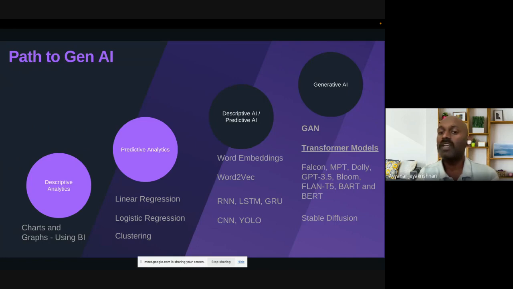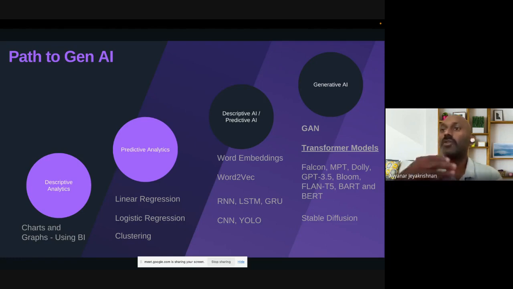Then comes predictive AI. A lot of models came, where two different streams came into the picture in AI: one is NLP and another is computer vision. It's all more descriptive or predictive. You train the data with labels. If you give 100 images of a cat and then show one of the images, it gives you the prediction. The same way with words, you can do sentiment analytics, like Google reviews. You take it and say good, bad. You need to label it.